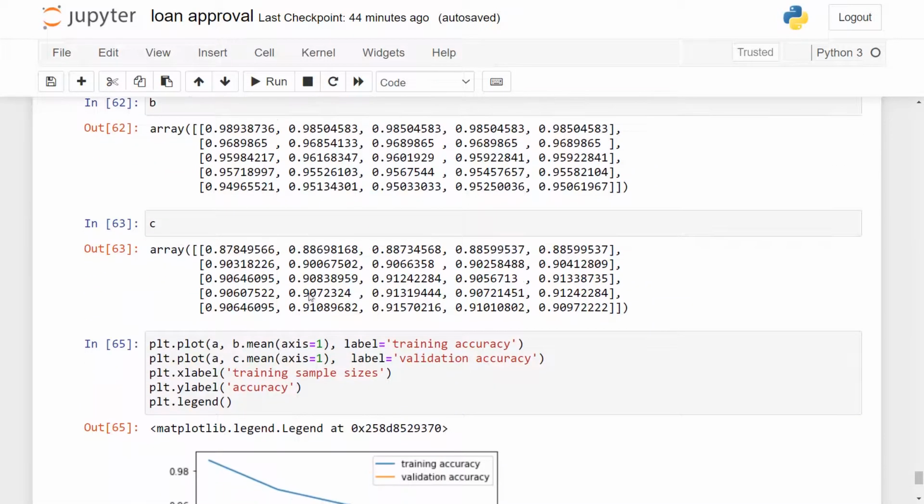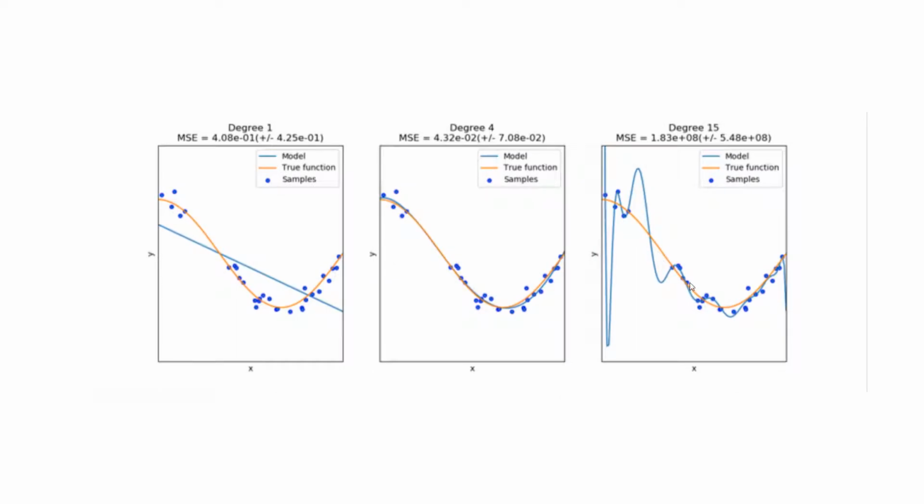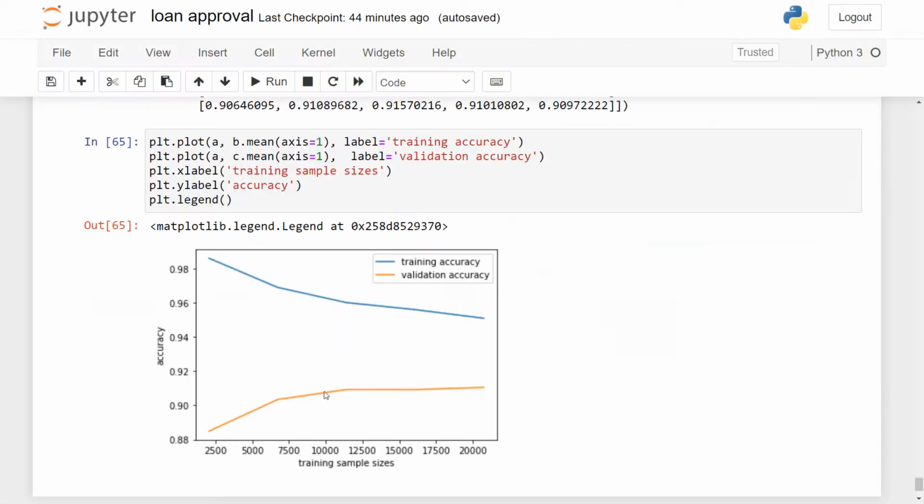And now if we make the learning curves, we find that the model is doing a lot better, right? Because the training accuracy is reducing as we increase the training size, which means that the model is finding it harder to fit exactly to the training samples like this. So the model is not able to fit exactly to the training data, which is a good sign. And the gap between these two, validation and the training accuracy, is also reducing, which is indicative of lowering of the variance, which is again what we want.